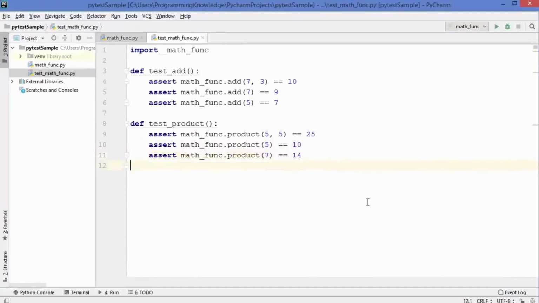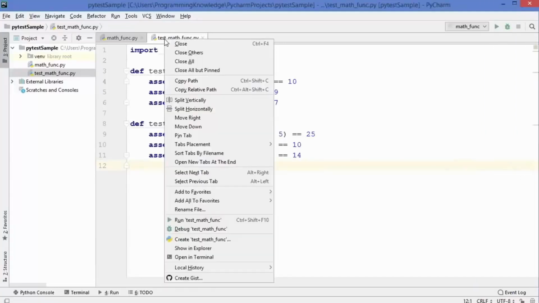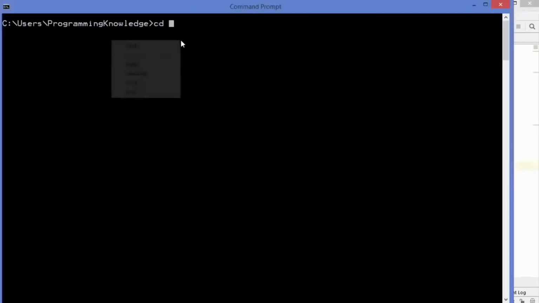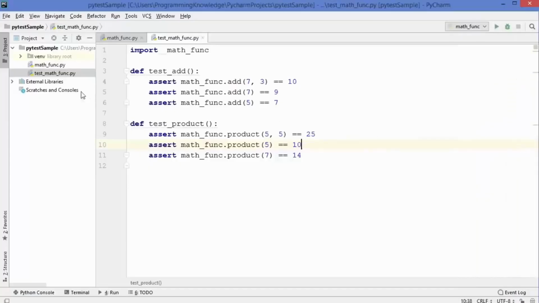So once we have written our unit tests, let's try to run these tests using Py.test. So first of all, I need to go to the directory where this test script is there. So I'm going to just copy the path and then go to the terminal, and I'm going to cd to this path which I have copied, and let me just remove the script name from here and then press enter. So now I'm in the folder where my math_func.py is there and